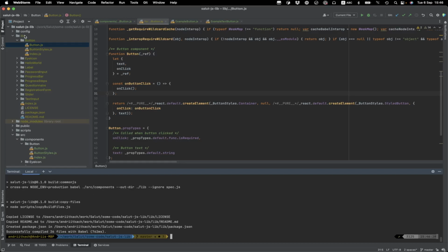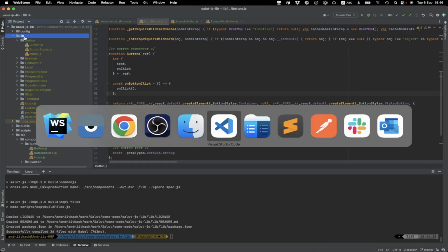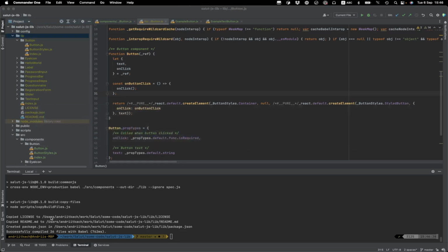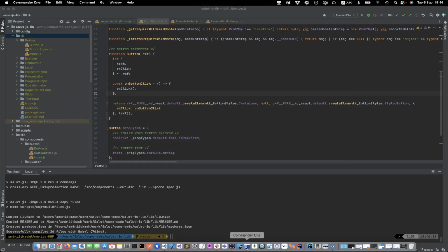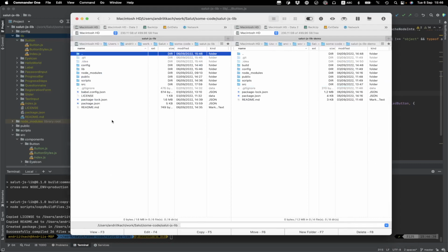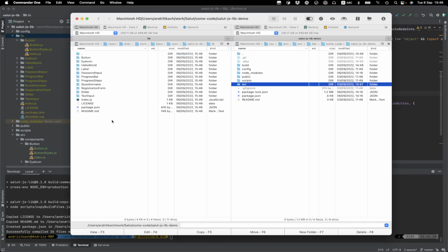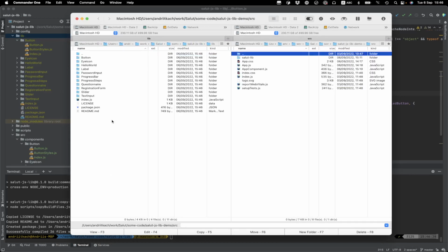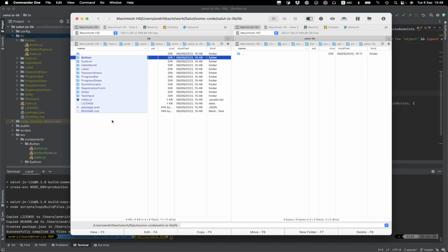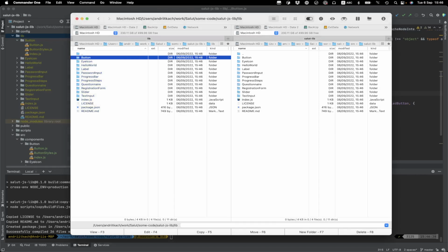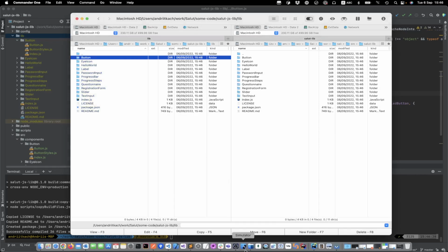It has a lib folder as a build result, and what I will do is just copy this built library to the application where I'm going to use it. For example, this is another application. I will copy my library,